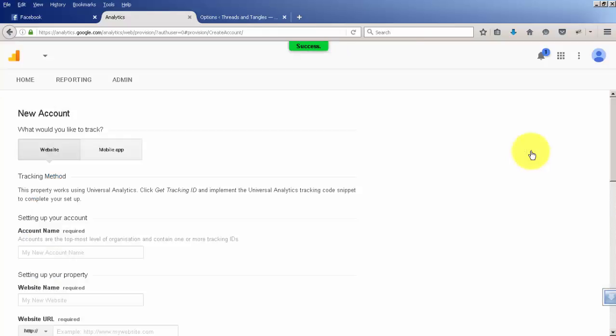It asks you what you would like to track. There are two concepts in Google Analytics which I need to explain to you: the account name and the website name. Most of the time, if you're only going to be tracking a couple of websites, it doesn't really matter, and your account name and website name can be the same thing. But you might have lots of websites about one topic, a whole lot of other websites about another topic, and a whole lot about a third topic. So you could make each account a topic,